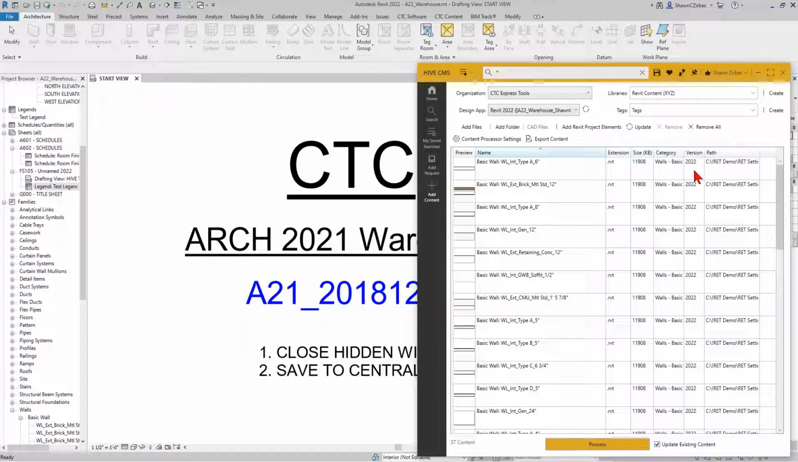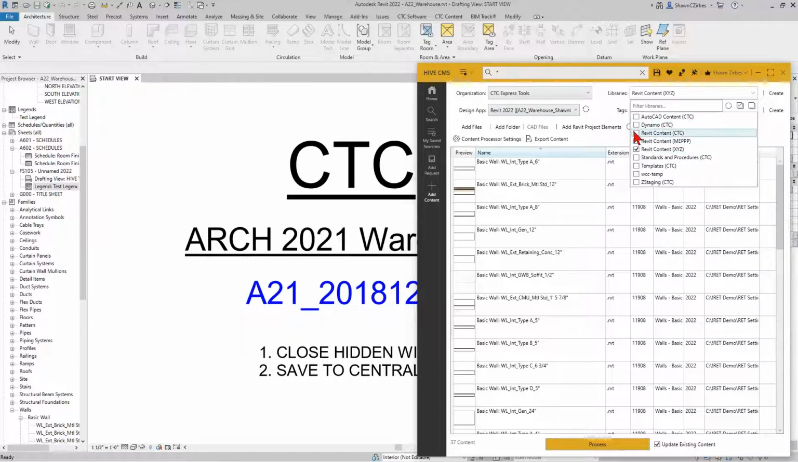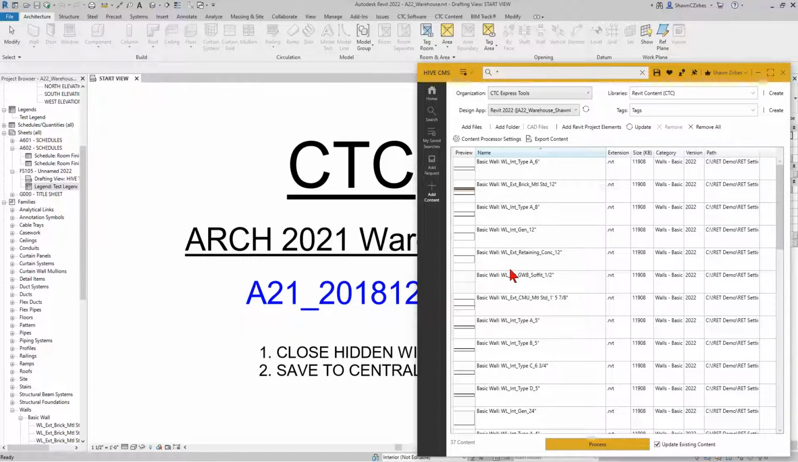This is important. This version right here, version 2022, should match the version up here, at least if you're uploading your content, okay? If you're uploading the content to a library, like in the case of my XYZ library right here, or if I go to my actual Revit Content main corporate CTC library and I want to process this stuff in, make sure that you're in the correct version of Revit. And the reason why this matters here is